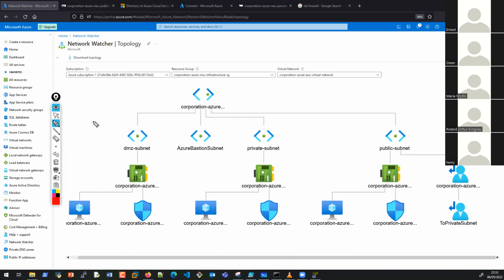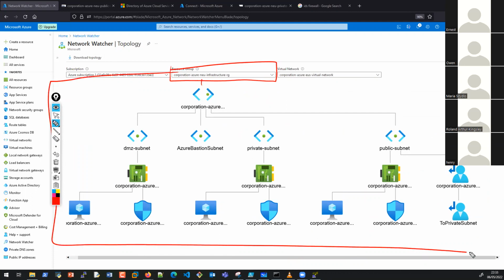So we created this corporate Azure East US VNet. It's in a resource group, and the resource group is this box. Everything here is in this one big resource group. Do we all agree? Yes. And everything is under this VNet. We all agree, right? Okay. But what I've done in the same resource group, you don't see it here,